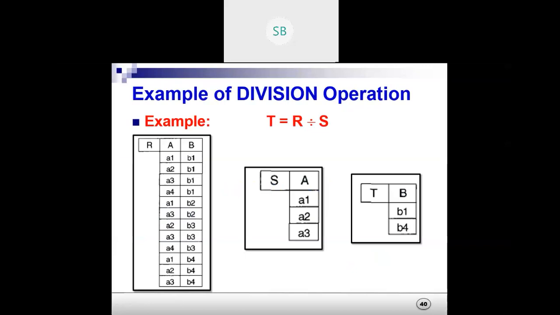But this is the main part: joins, then selection and projection, and we need to use them in combination. Then only do we get the complex queries. If you are clear about today's class, once I'm done with this topic, I'll share the slide. I think by tomorrow I'll be done. I'll be sharing the slide, then you just go through it.